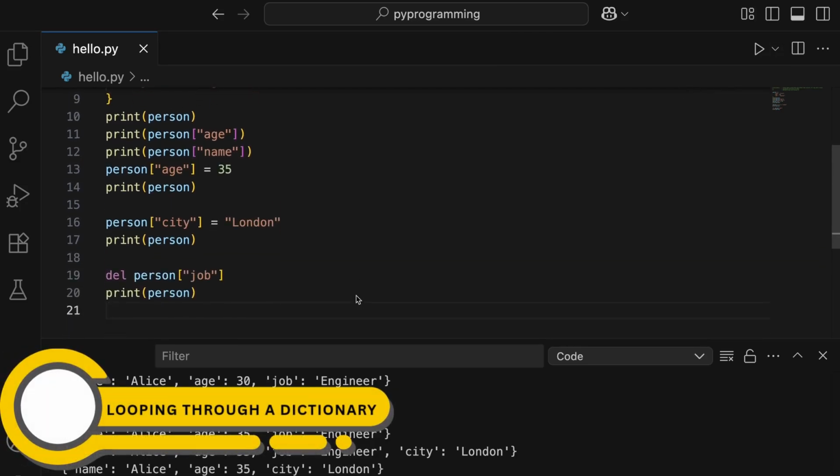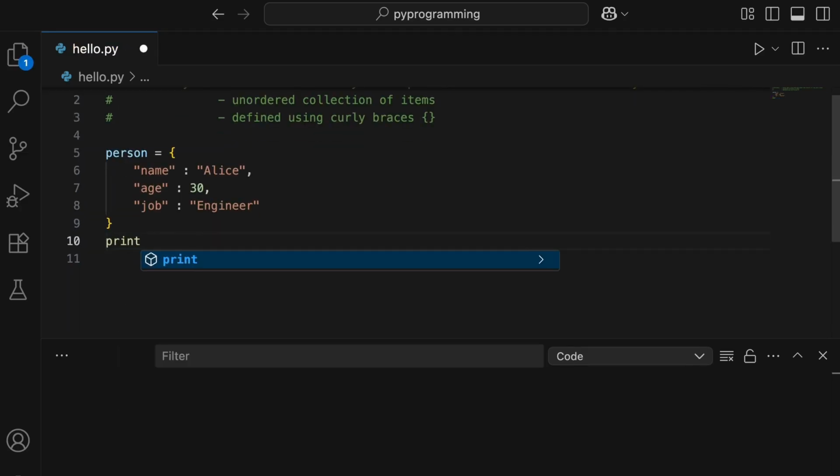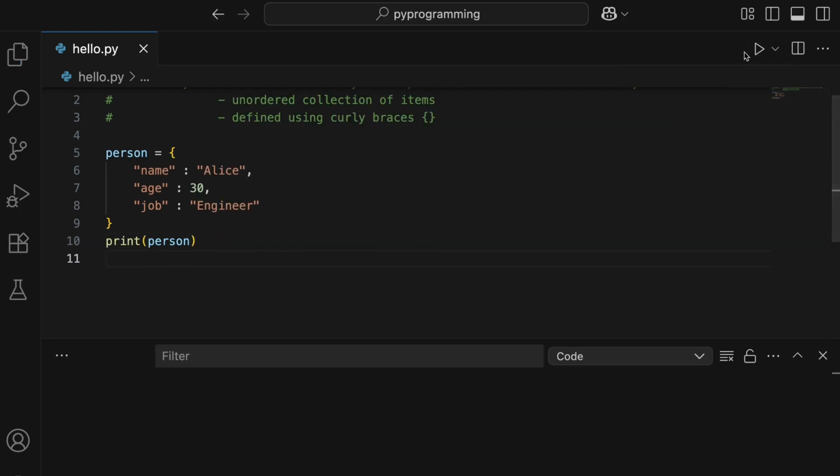Now let's see how we can loop through the dictionary. So I'll remove this for now. This is the dictionary, and right now if I print it, I see something like this, right? The whole dictionary gets printed along with the brackets and everything. So if I print this, we get this sort of output. Let's say I want to print element by element, as in, if I only want to print keys or if I only want to access values, then how would I do that?